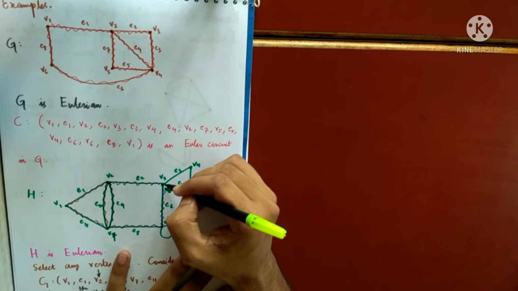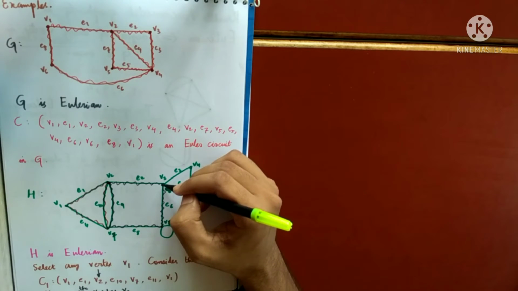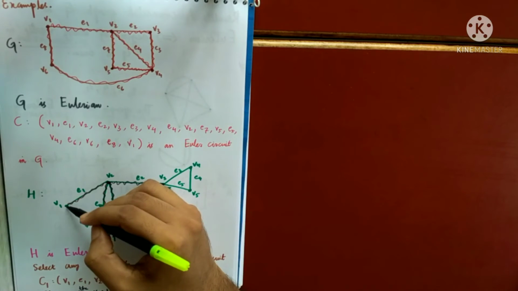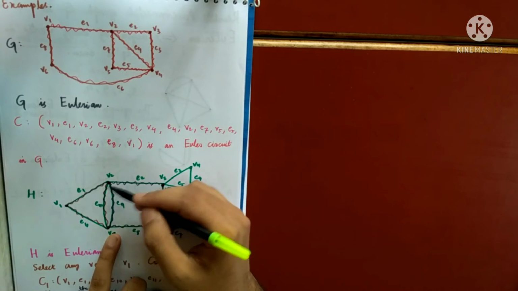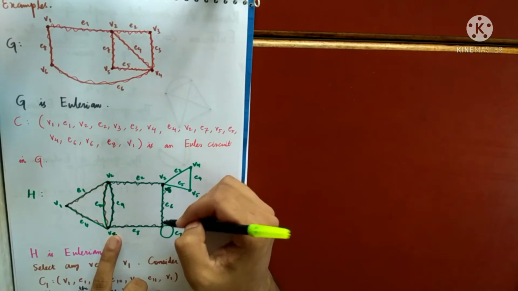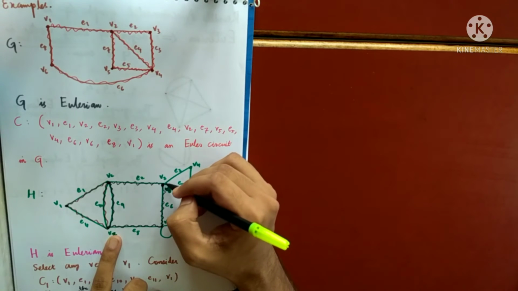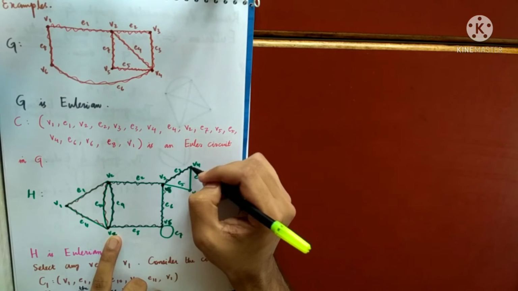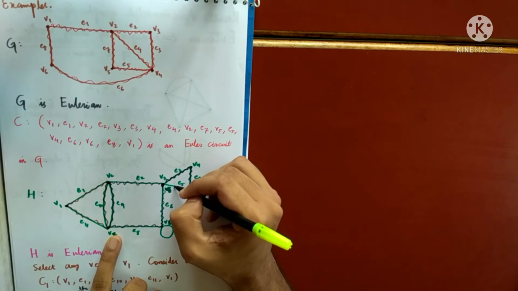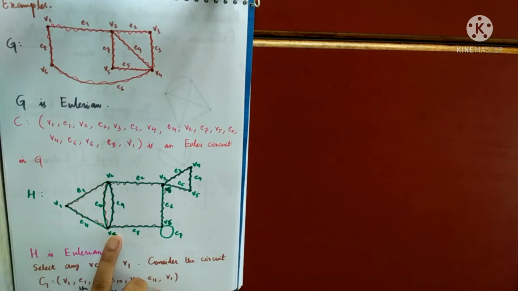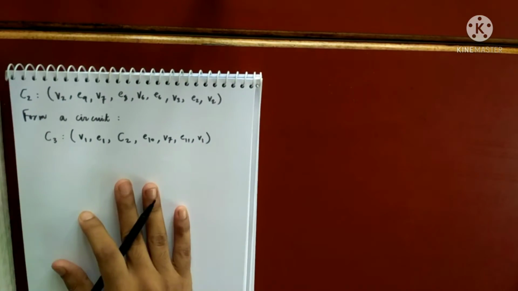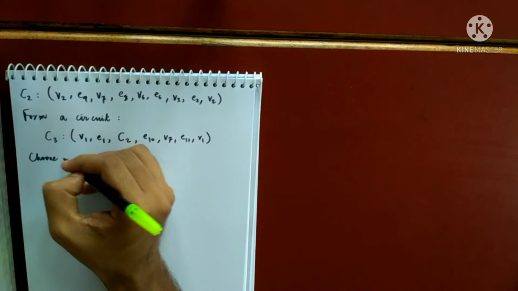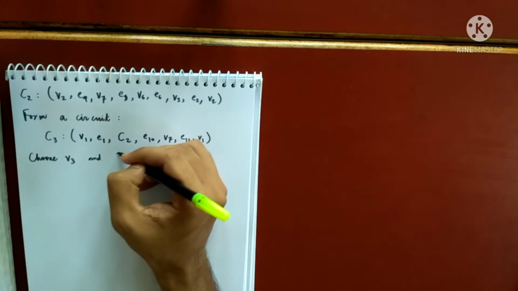So now I will form a new circuit that contains one of these vertices. V1 and V2 are used. V7 cannot be used now because all the edges have been covered from V7. So I will use either V3 or V6 one by one. Suppose I am using V3. Now consider this circuit, and I'll put it in place of V3. So V3, E3, V4, E4, V5, E5. So next, choose V3 and form a circuit.